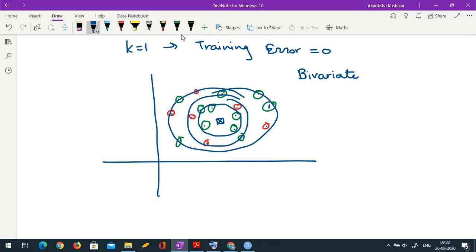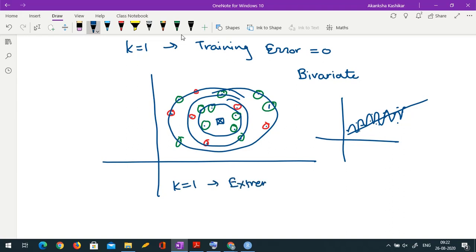So now imagine the regression situation. In regression, we saw that initially when your flexibility of a model is less, you kind of have a common thing for everyone. And then as you increase flexibility, you go closer and closer to those points. Something similar happens here. When you take k equal to 1, your model is extremely flexible. That's why your training error is 0. Okay, you are actually overfitting. As you increase k, what happens?